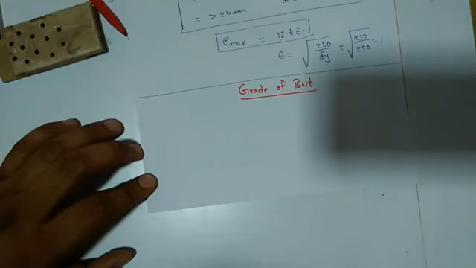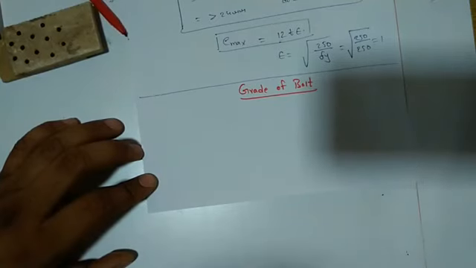Okay, now there is steel in the market. How do you purchase steel? Based on the grade: Fe 250, Fe 500, Fe 550, Fe 415. Based on the grade of steel you are purchasing the steel. What does that grade indicate? Grade indicates its strength in terms of yield strength, in terms of its ultimate strength.